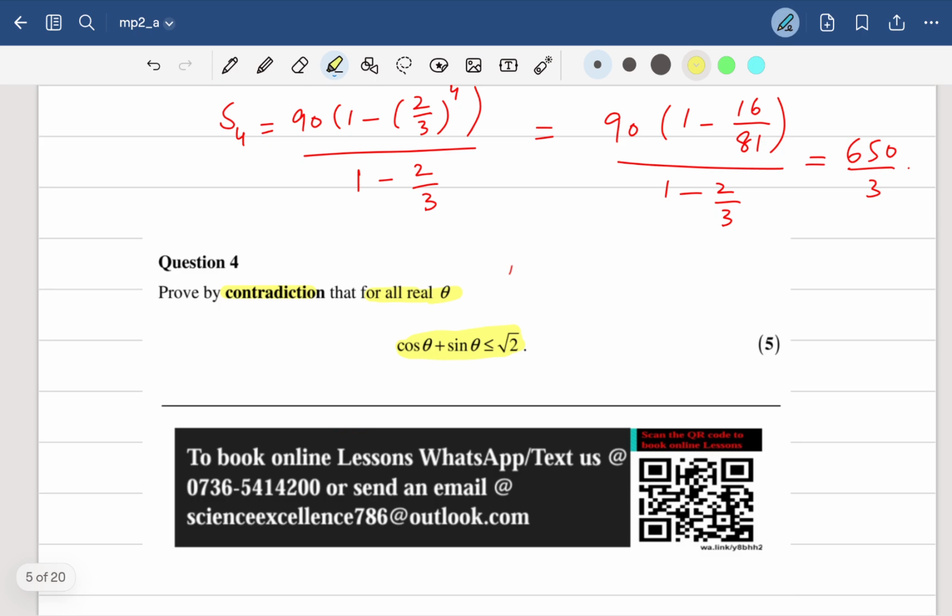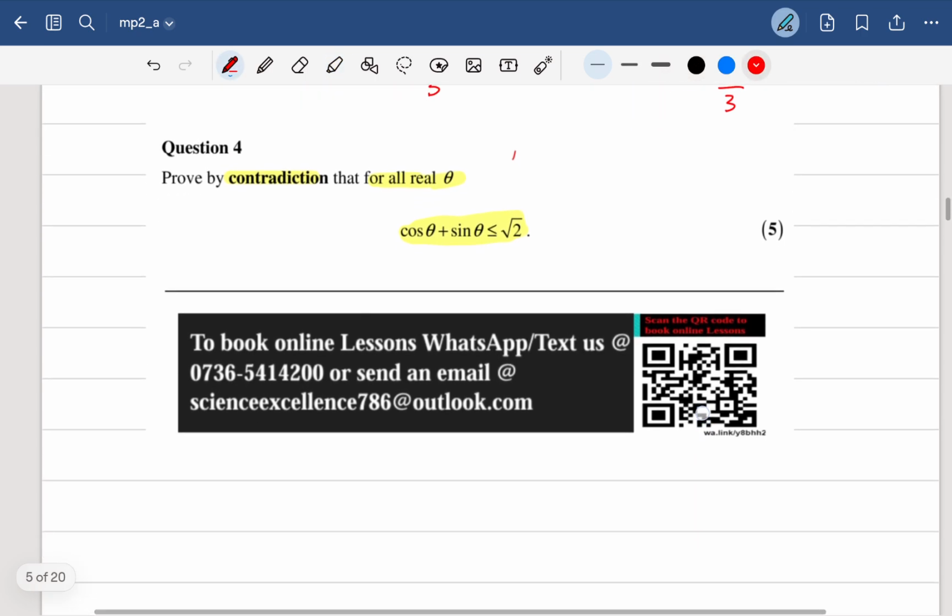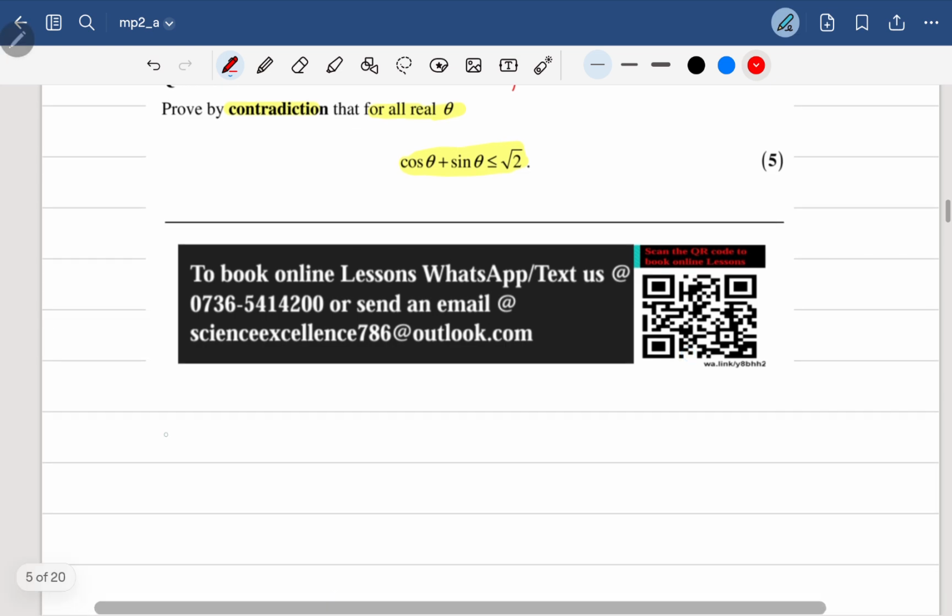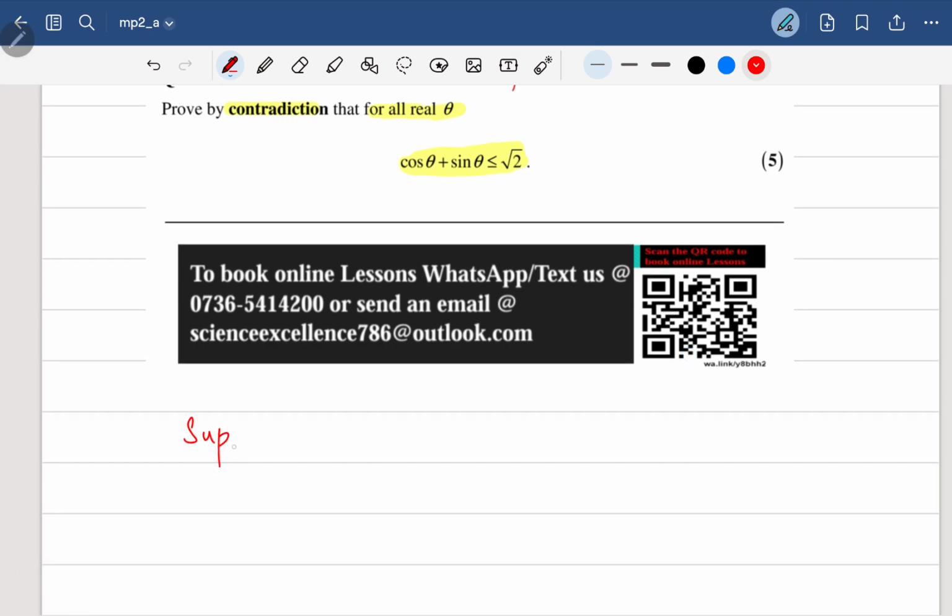So if we suppose the opposite statement, suppose that cos theta plus sin theta is greater than square root 2. As you can see, it's given that cos theta plus sin theta is less than or equal to root 2. So we suppose cos theta plus sin theta is greater than root 2, which is the inverse of the given statement, right? So suppose that cos theta plus sin theta is greater than root 2, then